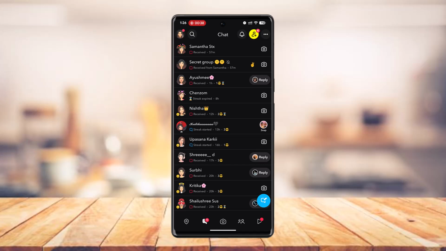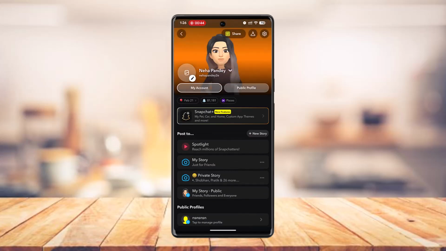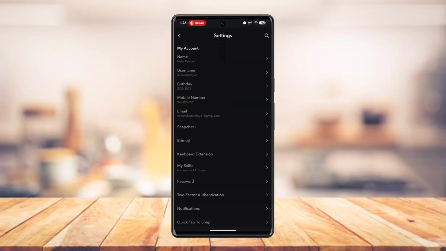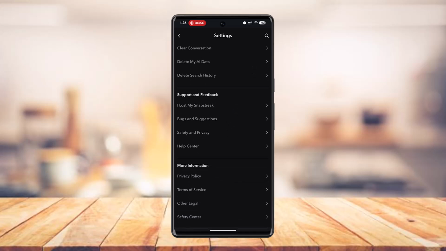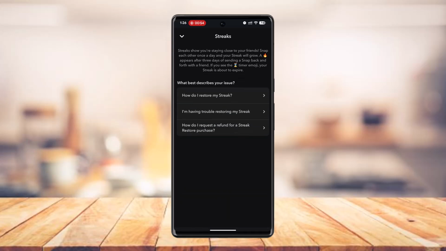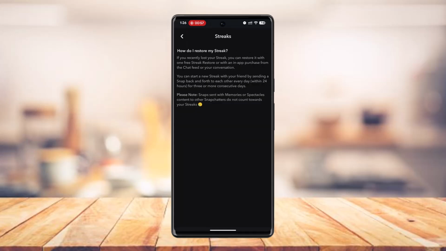Likewise, if you cannot find the restore button right on the very page, you then need to tap the Bitmoji from the top left corner of the screen. Go to the gear icon at the very top, scroll down to the very bottom of the page, and locate I lost my Snapchat streaks. You could go to how do I restore my Snapchat streaks, and you could go ahead and read all these